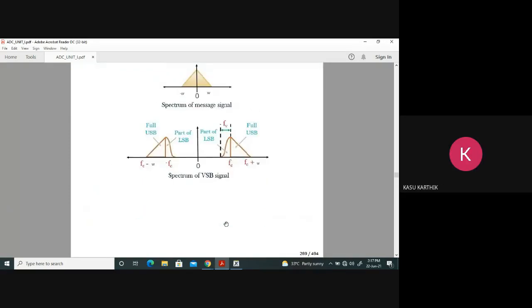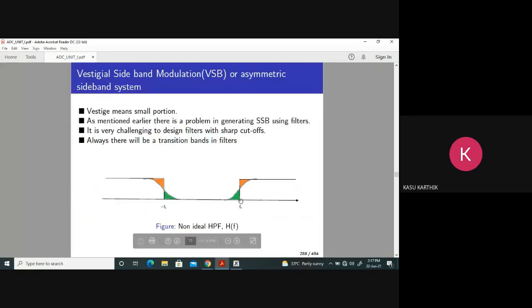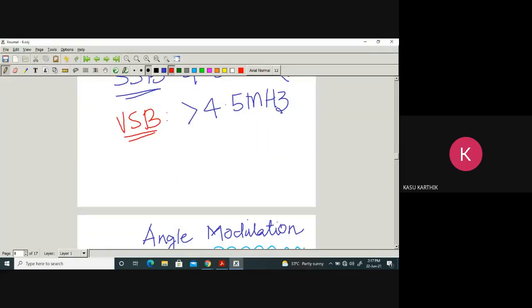Okay. Very good question. Actually, it simply says this transition, this roll off, should be symmetric, which means you are observing this orange color. This orange color should be the same as this blue color. Are you getting it? So this transition about FC should be symmetric. Okay. Let me write here.